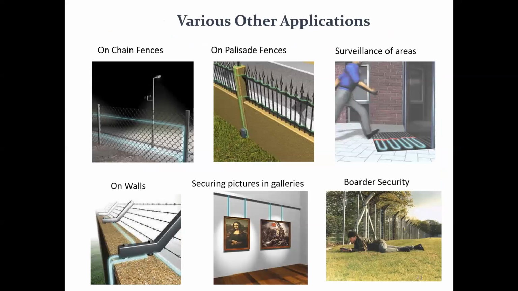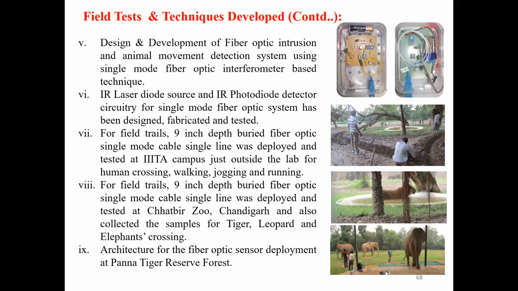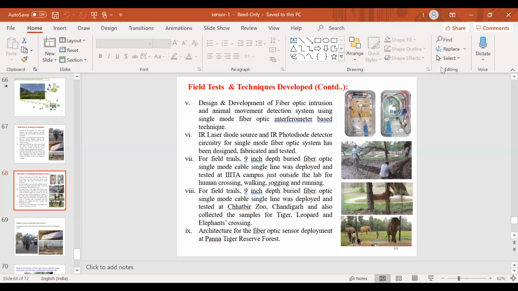These are the photographs of some trials. These are the applications of this intrusion detection system. So this is about the applications of the system and the basic principle. I think I have taken more time, but I am ready to answer the questions now. And if time permits, I will show some video of the real sensor systems.